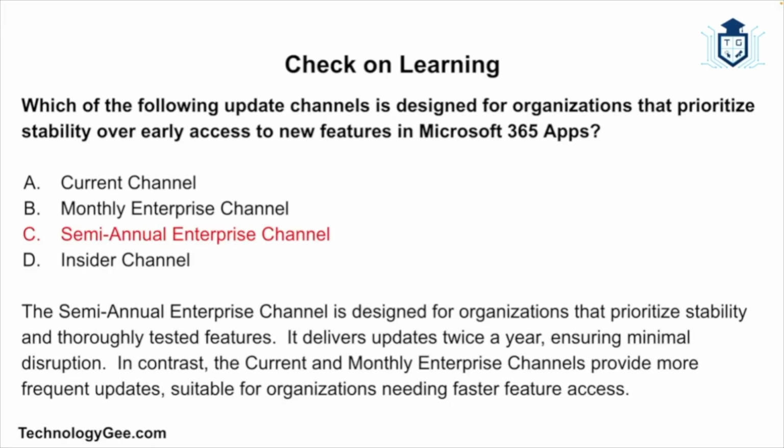So the semi-annual enterprise channel, this is designed for organizations that prioritize stability and thoroughly tested features. It delivers updates twice a year, ensuring minimal disruption. In contrast, the current and monthly enterprise channels, they provide more frequent updates, and they are suitable for organizations that